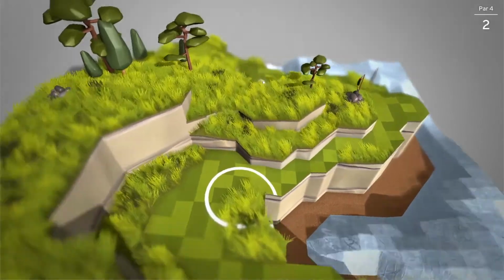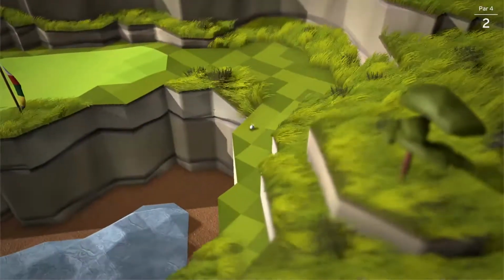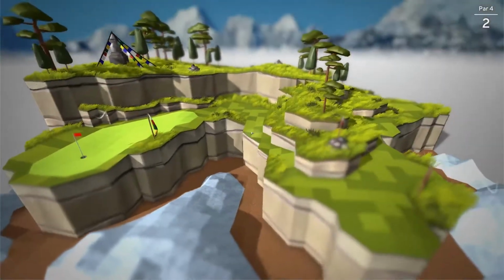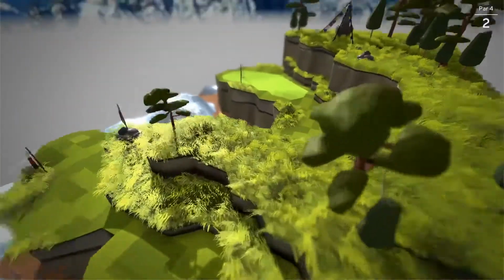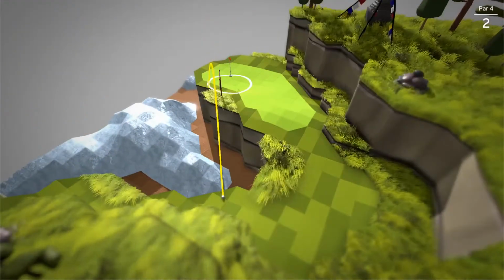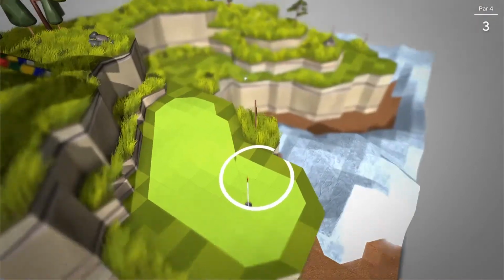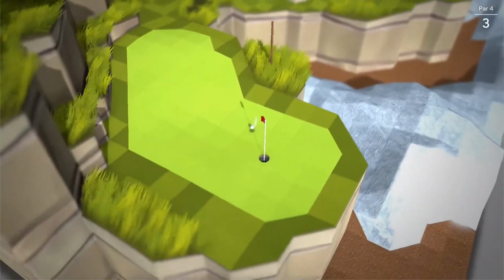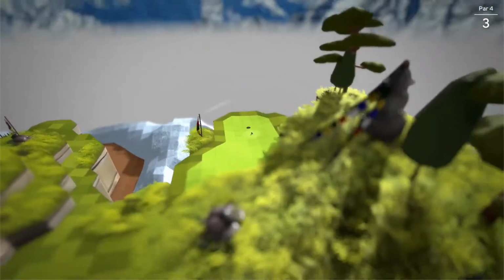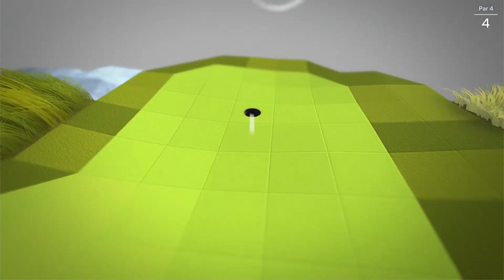Turns out slow and steady does get you through. Oof. This is gonna be tricky. Alright, so it's sloped, so we'll try and land it a little bit off to the side. Alright, not too bad. Again, it won't be a birdie, but I'll take a par given the